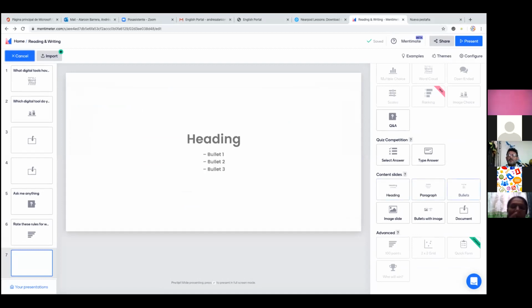So I don't have to use PowerPoint all the time. Okay, here you have another tool to use in order to interact with your students and provide them with instant feedback. Now we're going to move on to